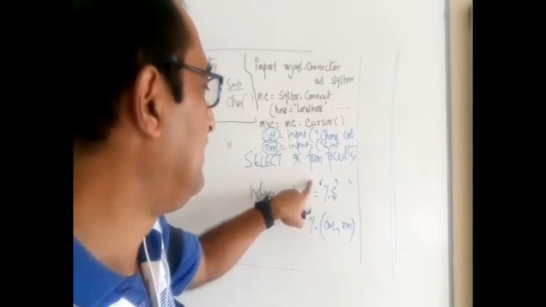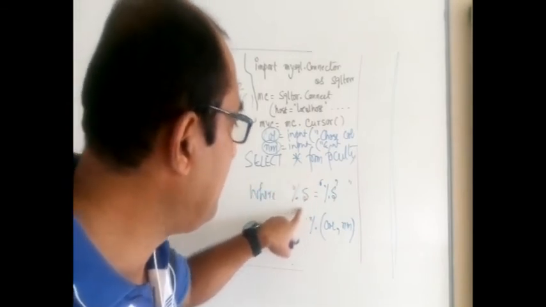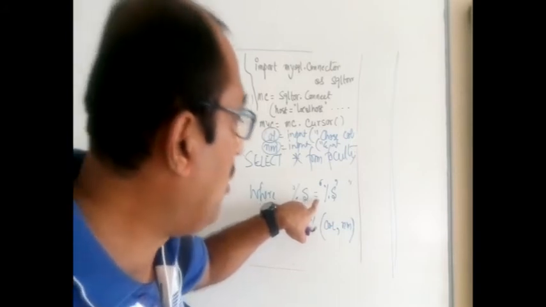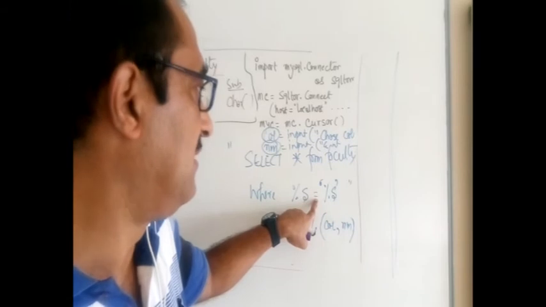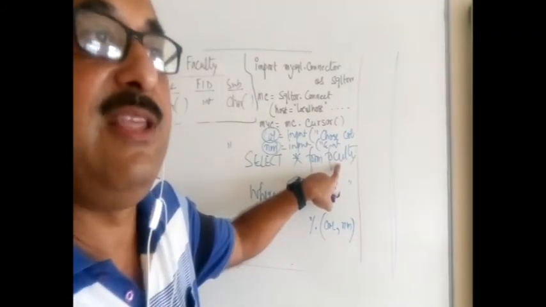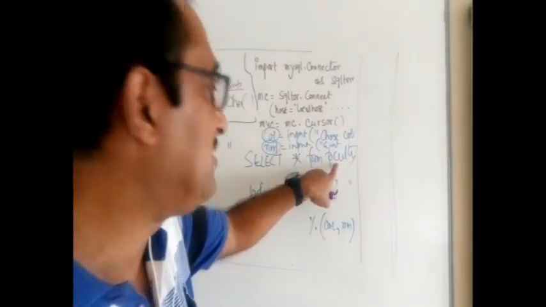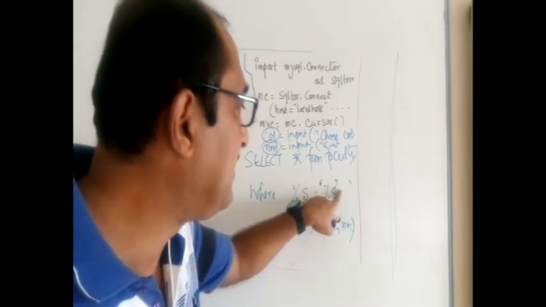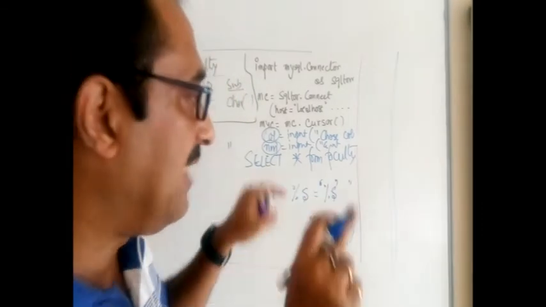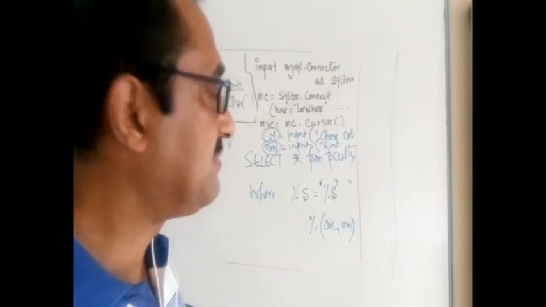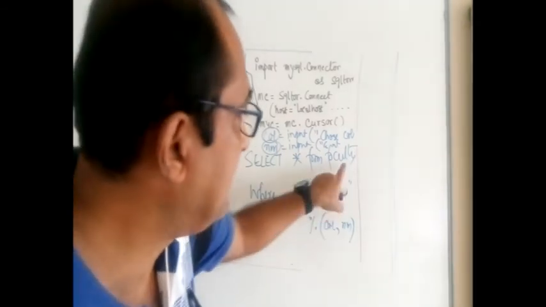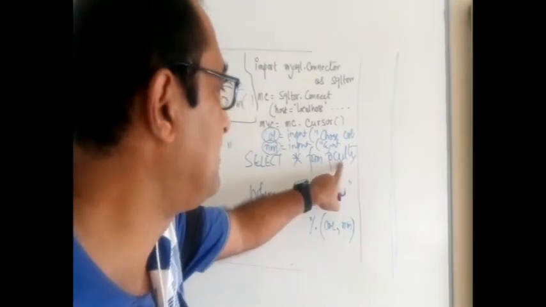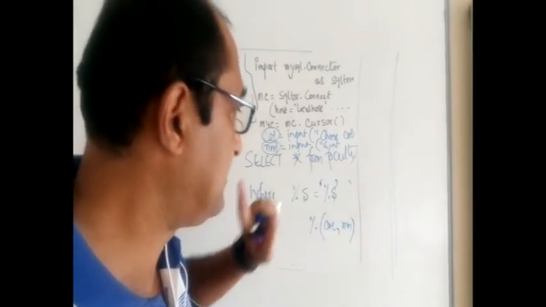But look at this, this is also a string, but I did not put it within single quotation marks. The column name, if we want to represent it by %s in a query, or the operator sign, if you want to represent it by another %s, or the table name, if we want to leave that to the user, for all these things this particular rule is not applicable. That is, embracing the placeholder within single or double quotation marks, you don't have to do. You just write simply the percentage sign and s. So look at this, I did not do it.